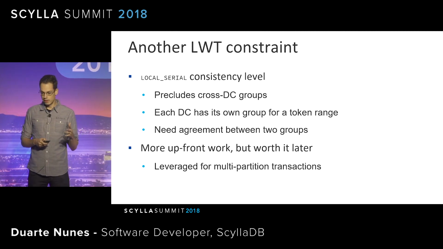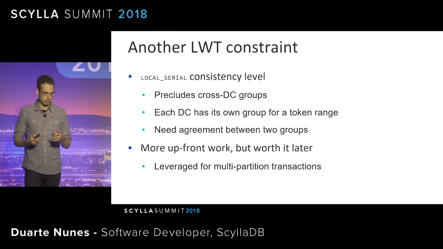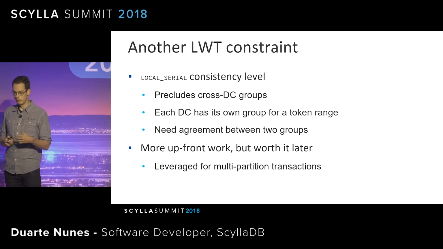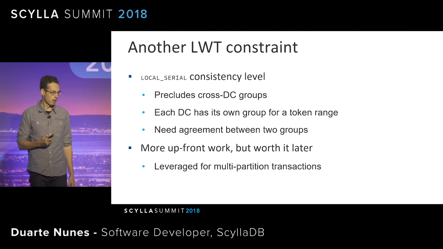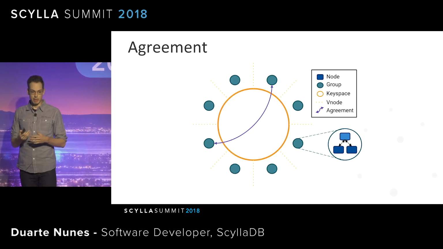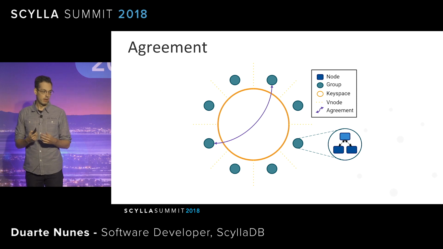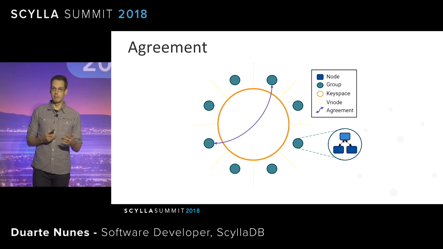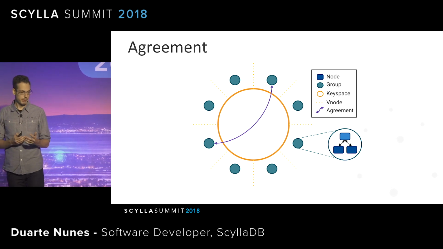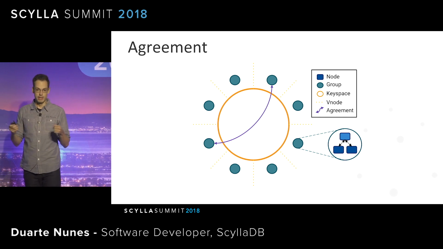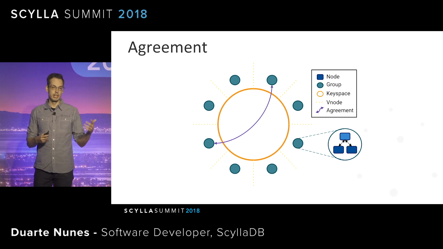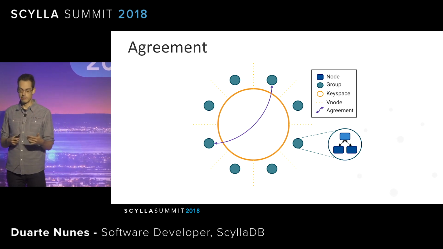And the way we're going to do that is by layering yet another protocol on top of Raft groups. This represents more upfront work for LWT, but it will pay dividends later because it enables us to support multi-partition transactions. And the way this is typically done is by layering on top of two Raft groups or more an agreement protocol, such as two-phase commit, which in this case works nice because if two leaders are running an instance of an agreement protocol, because the leaders are in a Raft group and have fault tolerance, if one of them dies, then a new leader can be elected, and the agreement protocol can continue where it left off.